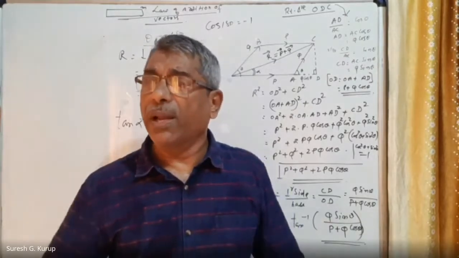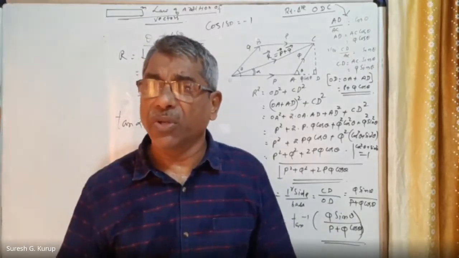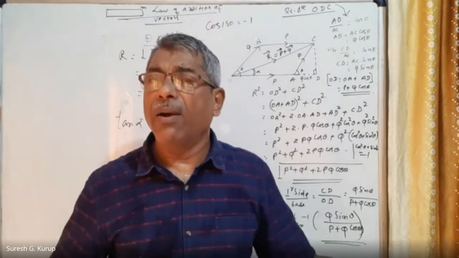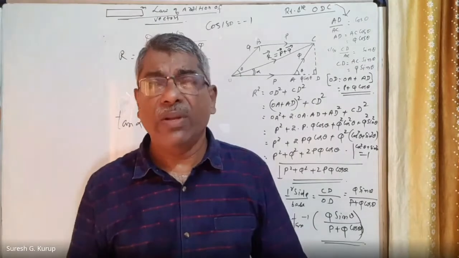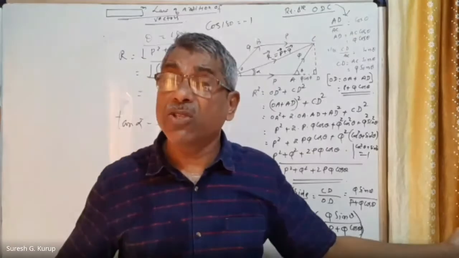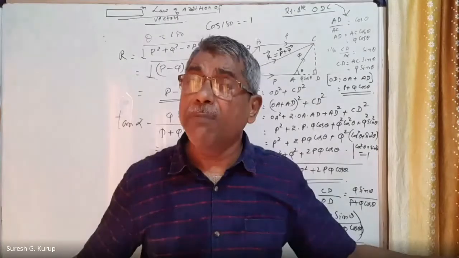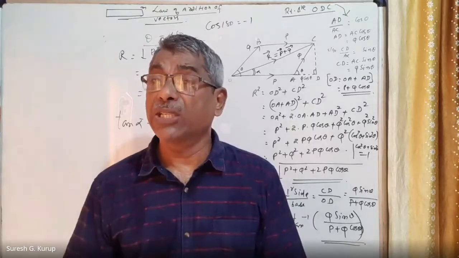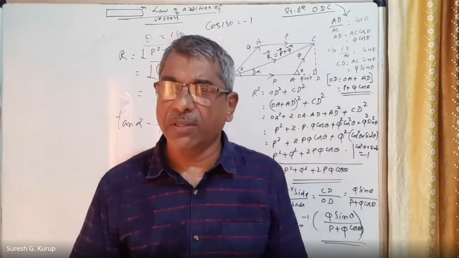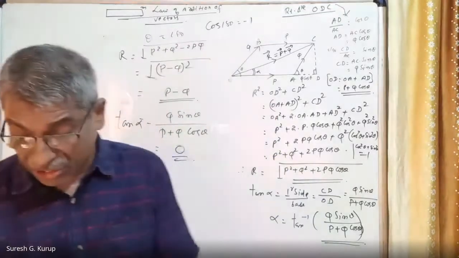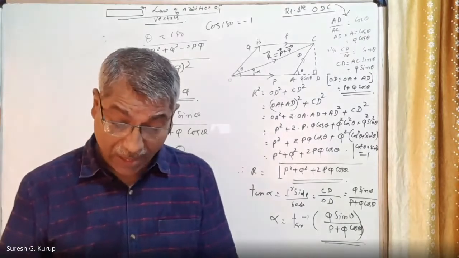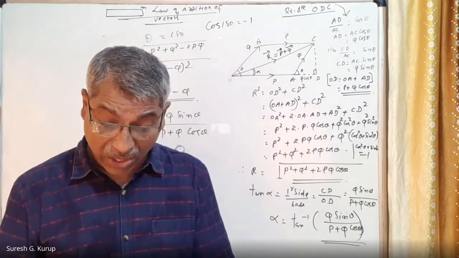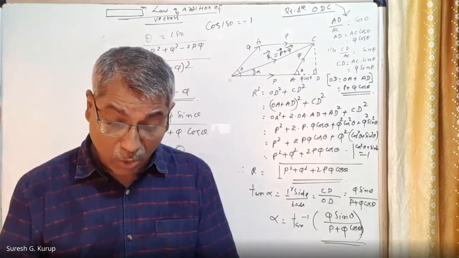First case, both are acting in the same direction, theta is equal to 0. Other case, the two vectors are anti-parallel. In that case, the resultant vector is acting along the direction of the bigger vector. So this is that condition. That also applies. So P minus Q is the resultant when the two